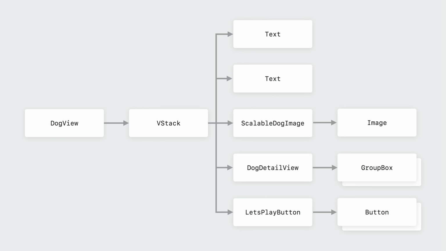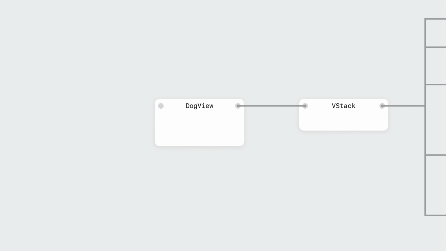Let's explore the update process in depth by returning to the graph and looking at what happens when this change occurs. Here's our graph again. This is where the previous Demystify session left off, explaining that views form a graph and SwiftUI looks at dependencies when evaluating your code. Let's zoom in and provide a more in-depth look at where those dependencies come from and how you can control them.